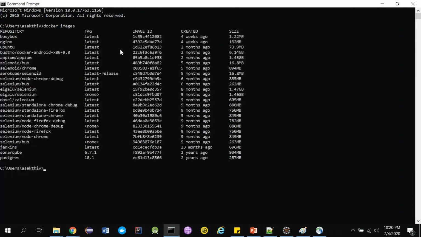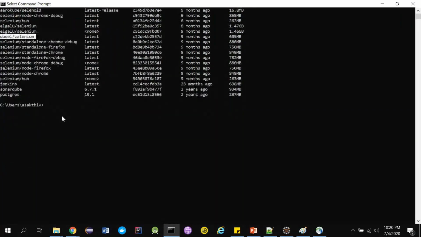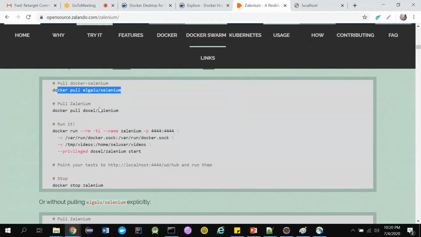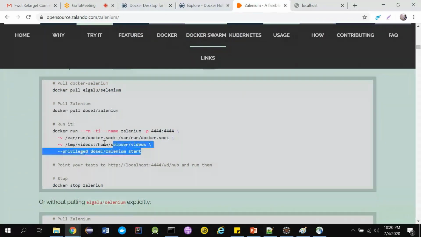So I already have these images with me, guys. If you don't have them, you can pull those images using docker pull, or if you directly run them, it will also pull those images. So I am not going to execute these two commands. Then they are telling this particular command. Since this slash is for a new line, guys, you don't have to use it. You can copy this whole statement one by one and then paste it. So I already have them in my project.